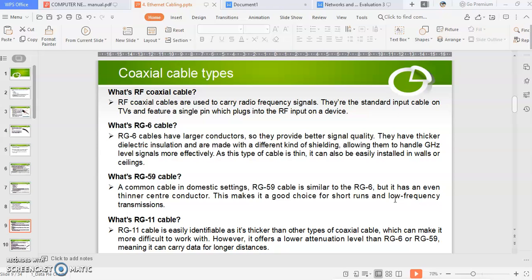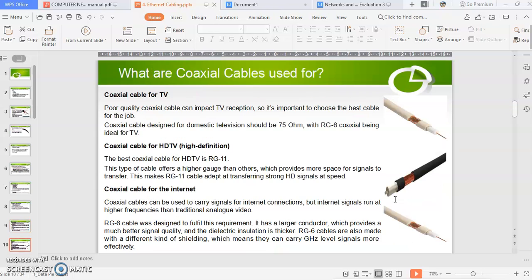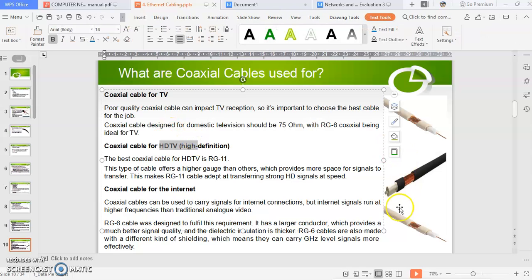But again, if it is not intended for that, it will work but it will not be desirable for your intention. So you also need to learn what types of cable to use. As for their appearance, the coaxial cable on TV is the same as for internet. They are white and look alike. But for the HD TV, what you will see is a heavy braided